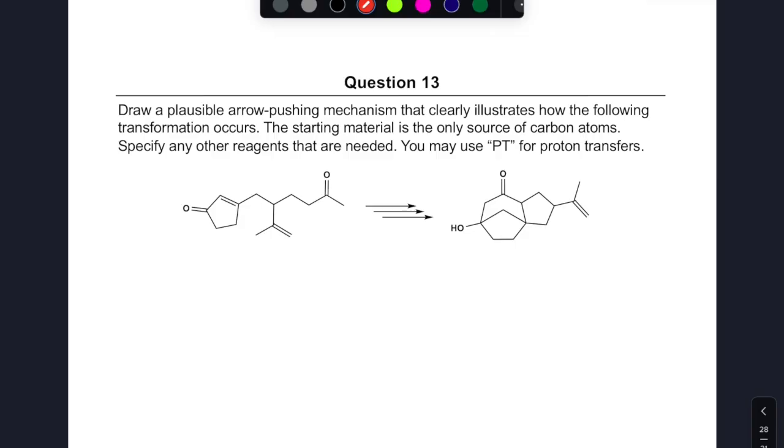Now for this one, we're going to continue with a reaction. Under these conditions, we're going to do arrow pushing mechanisms where we can use proton transfer, PT, to help out. So under these conditions, we're going to first treat this with base, so something like hydroxide. We're going to deprotonate this center to make our enolate. So the first thing we're going to do, once we've made that enolate, I'll draw it out like this for now, is